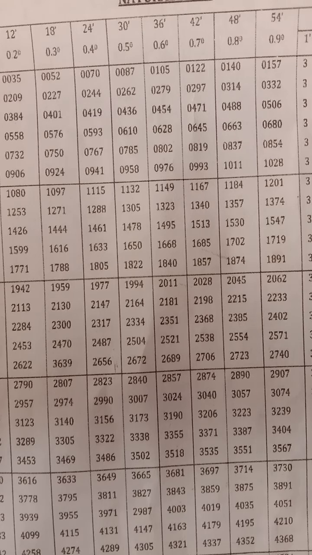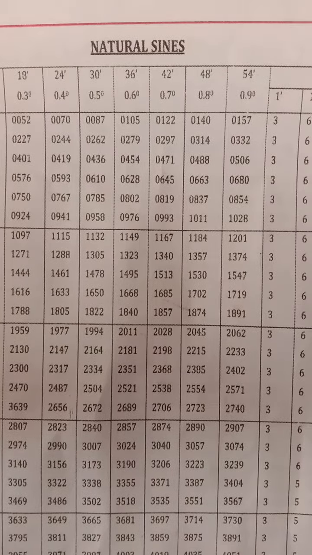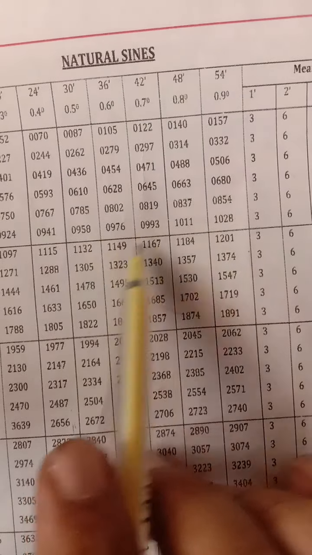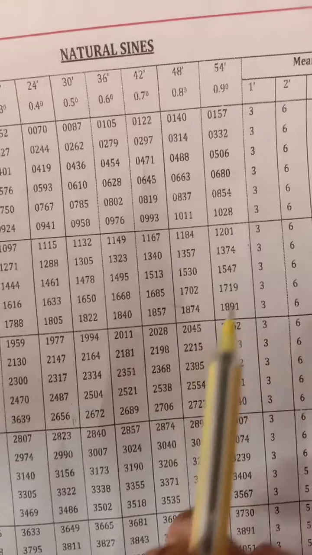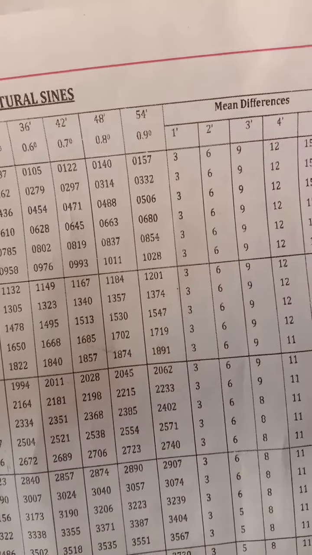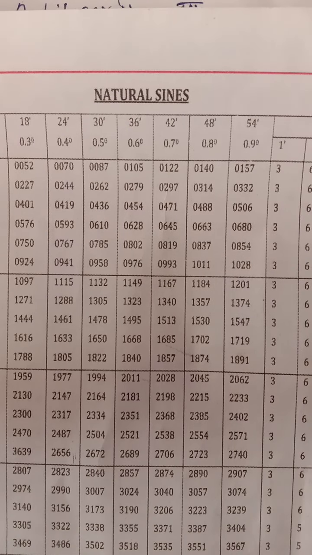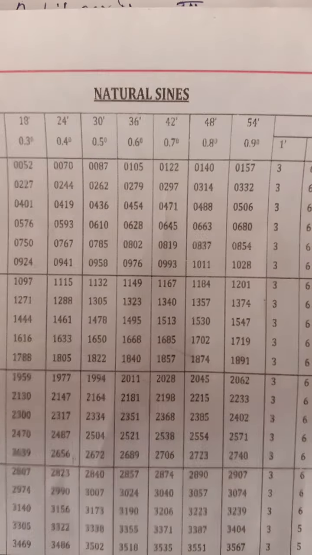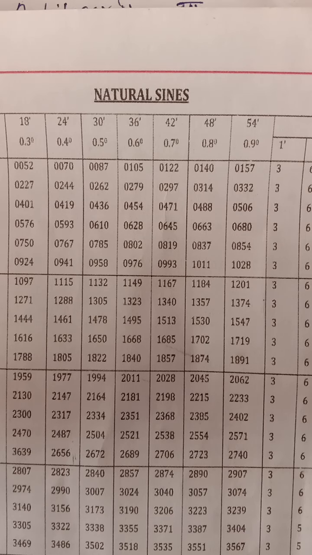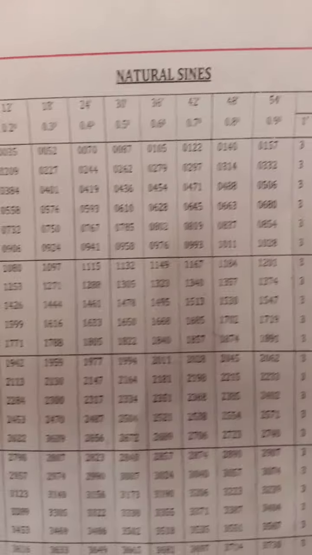So in this case, the mean difference will be always added to these values of these sine of vertical columns. That mean difference will be always added. The reason behind it will be that if you consider sine of 0, it is 0, and sine 90 is equal to 1. That means value of sine of the angles will now increase from 0 to 1 for 0 degree to 90 degree, and therefore as value of sine of that angle increases from 0 to 90 degree, therefore we will have to add that mean difference in the respective value.